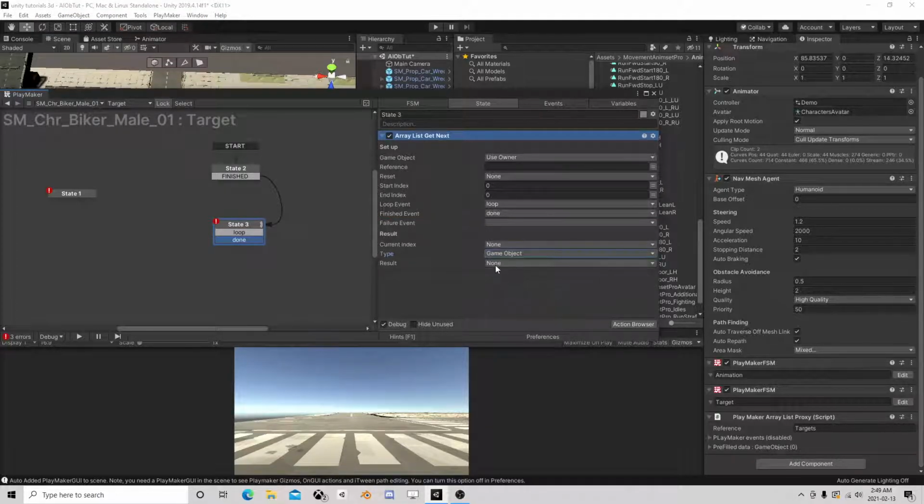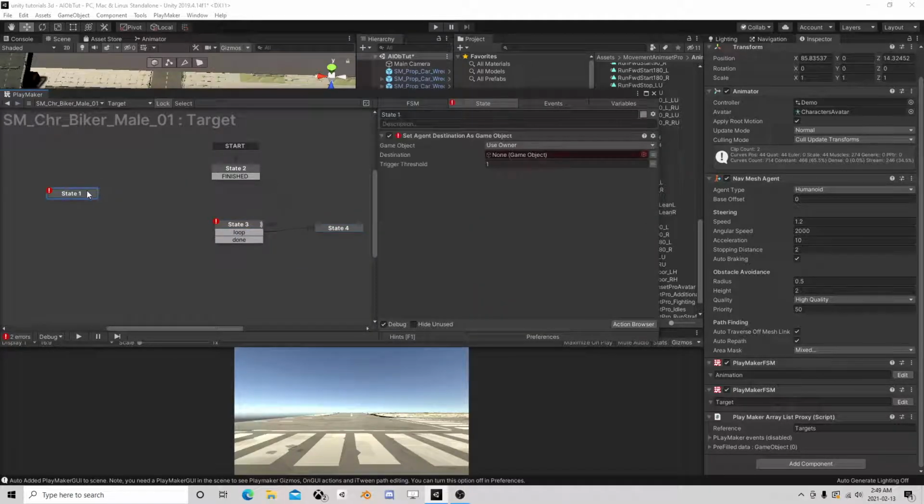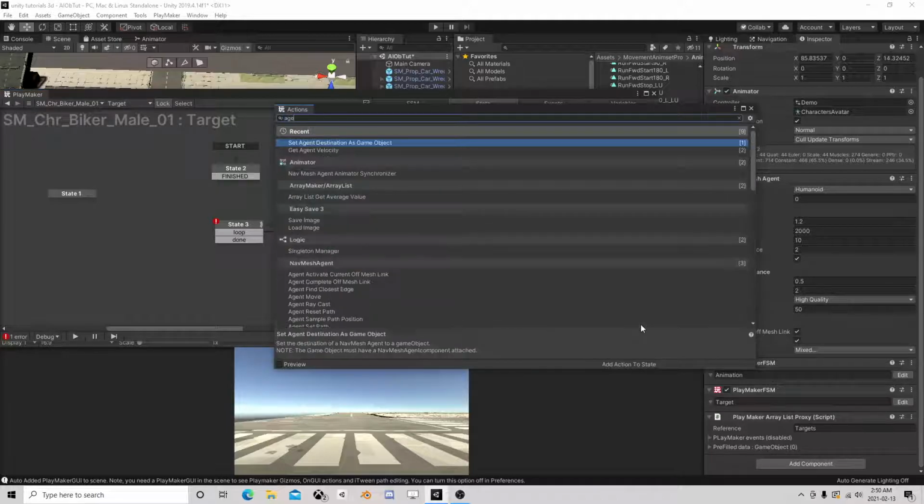Okay, it's a type game object. The result is current target. And the reference is targets. So on a loop, we are going to, I should have just dragged it over there. Okay, well, current target and agent